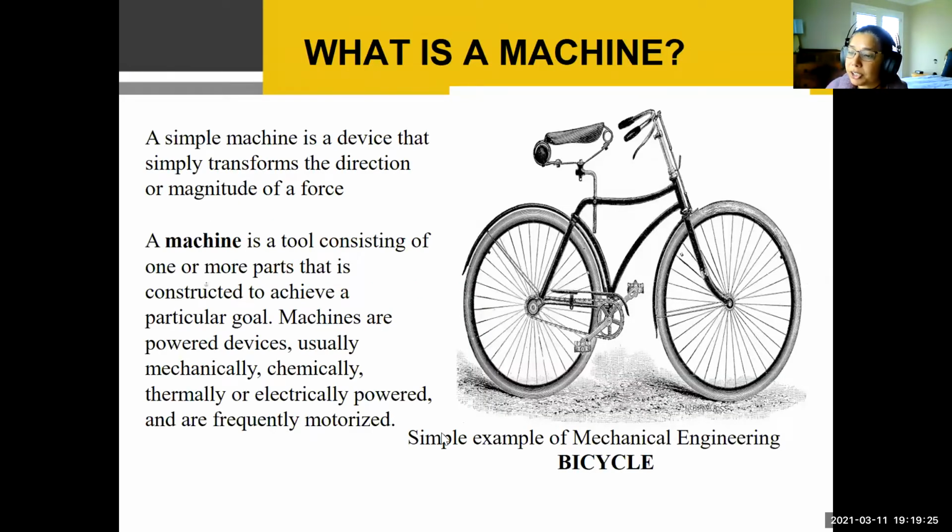Okay, so mechanical engineers work a lot with what's called simple machines. And this is just a little illustration of a bicycle that's a simple machine. But the point of it is that they work with machines, different kinds of machines. They could be powered machines, unpowered machines, alternate power machines. You'll find mechanical engineers working in all sorts of machines. Things that move is kind of where mechanical engineers find themselves. So I just thought this was a nice little illustration of that to give you an idea, just to set up the stage for what we're going to look at next.